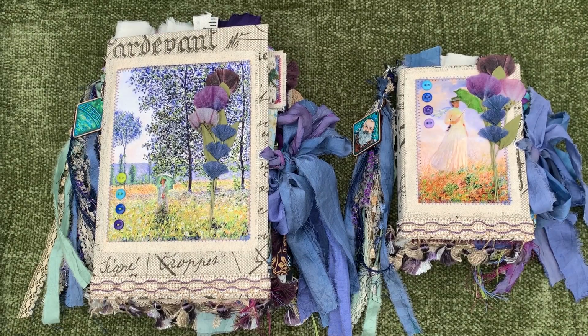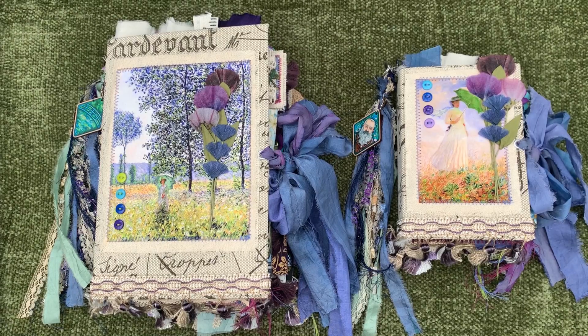Hello friends, I am in the greenhouse today making a video because it's just too hectic and loud in the house, and I'm just never going to get this video finished if I didn't come out here. So there might be a crow outside that was making some noise and other things purring and whirring, but I'll try to get through this